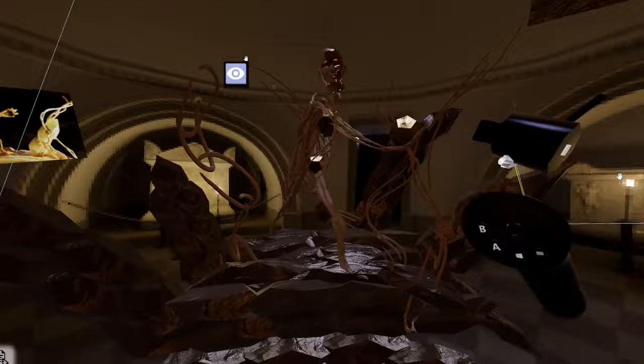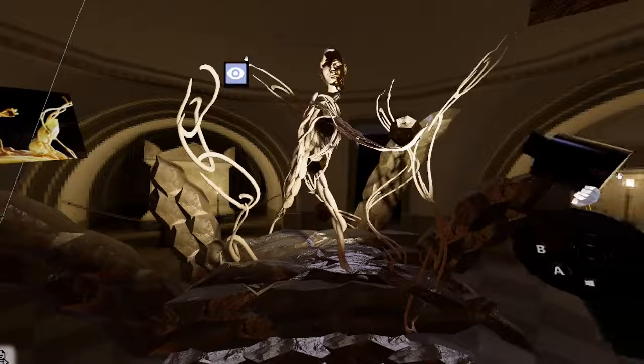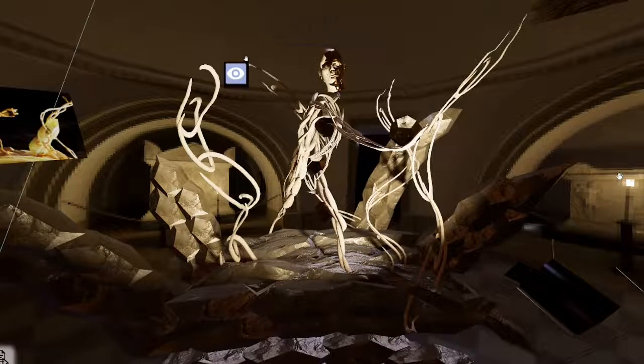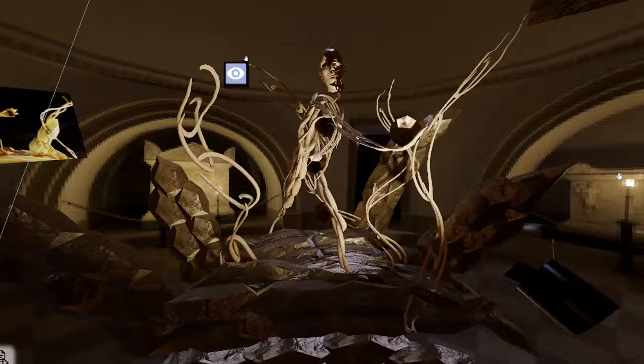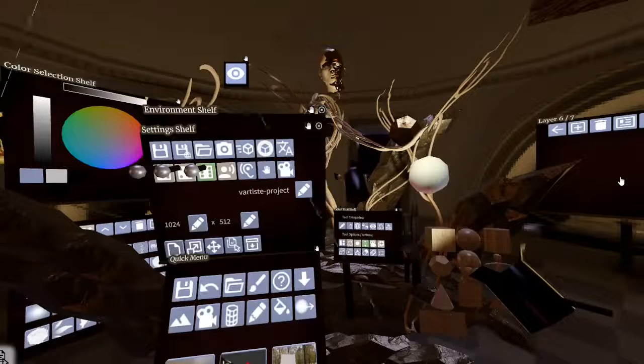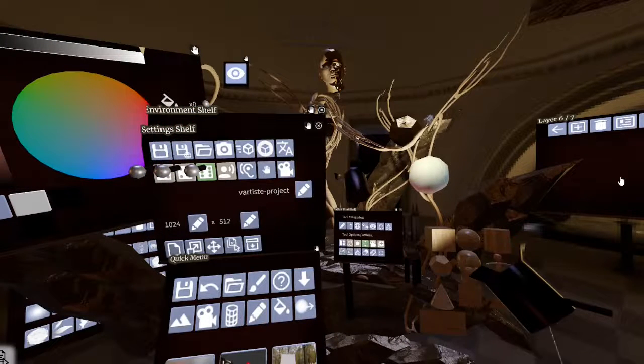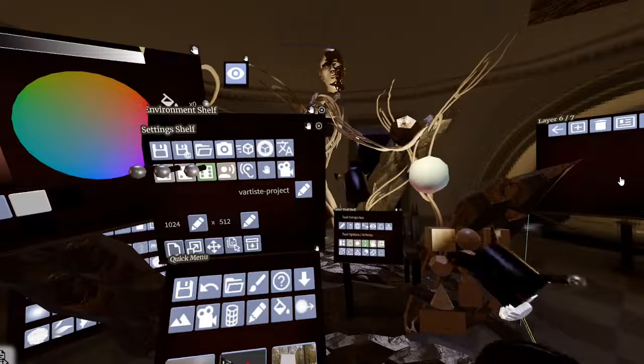So the light, and on. There we go. Play with this. Let's change the color a little bit, kind of red. Make sure you can see it.